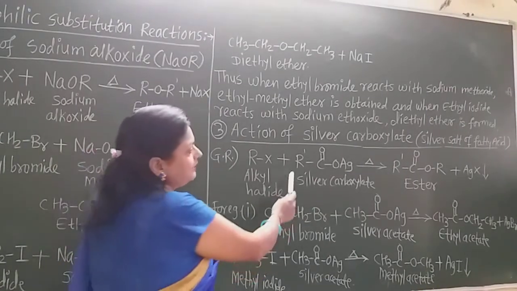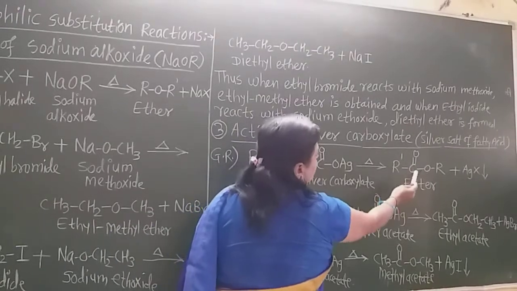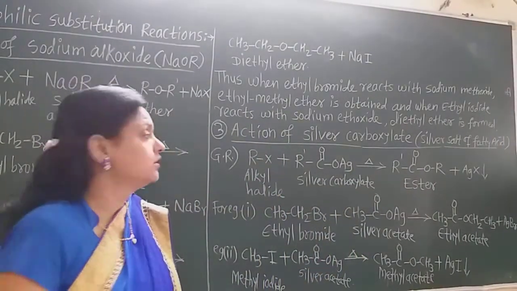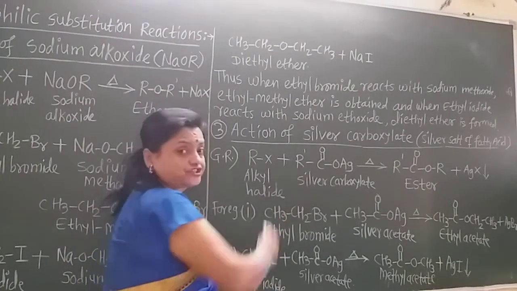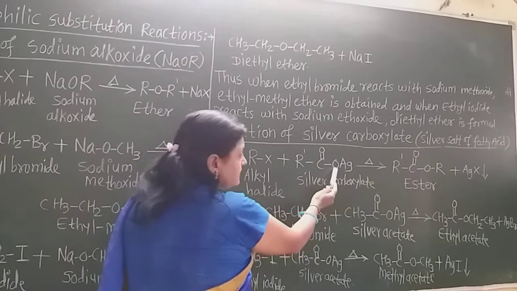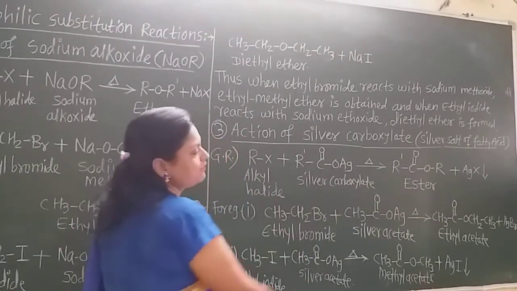I write the carboxylate group first, R dash C double bond O, because these R and R may be same or different, so I take R dash here. So R dash C double bond O, and to this oxygen this alkyl group gets attached,